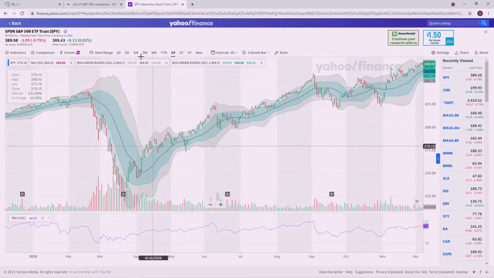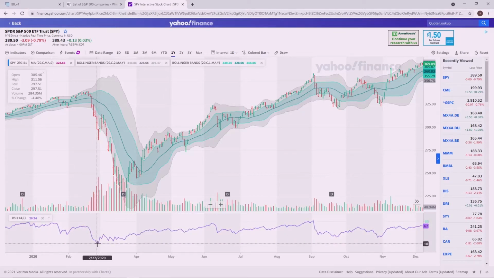You can see it at the bottom of the page here. We have a 14-day RSI, so basically it's going backwards and looking at the magnitude of price changes over the last 14 days. This is SPY, the S&P 500 ETF, and we're going back into 2019. Definitely wanted to show some extremes here. So you can see the low point is right around